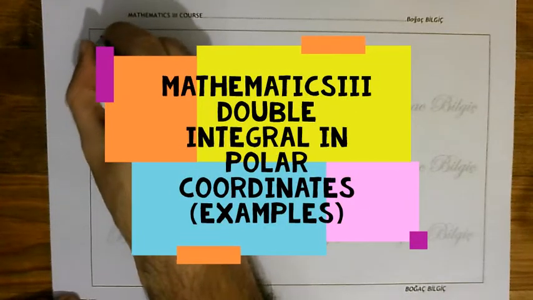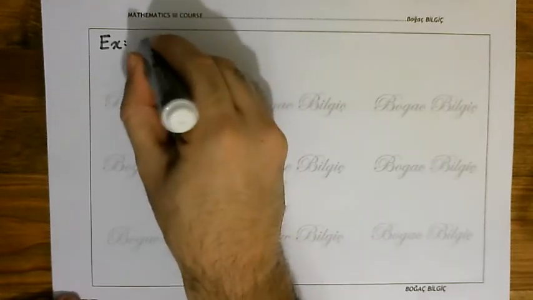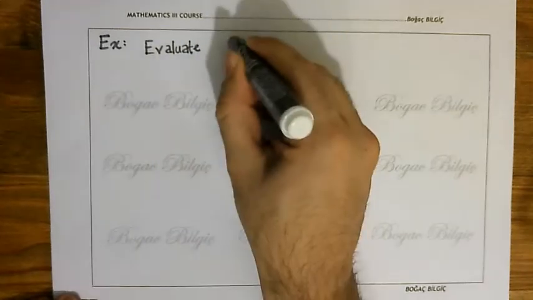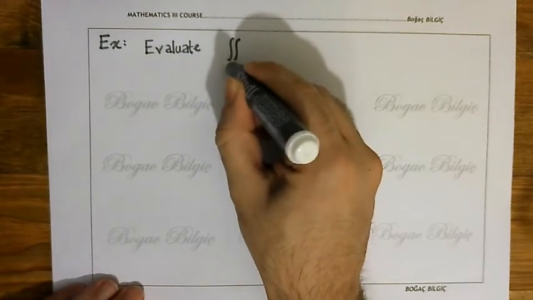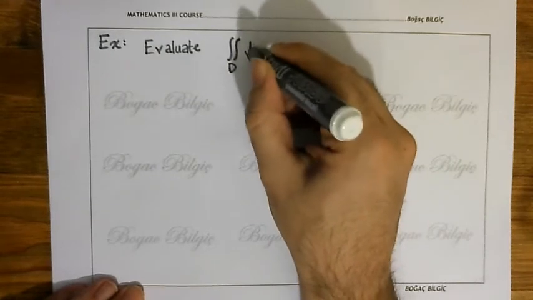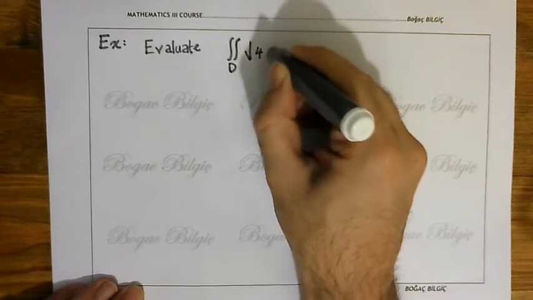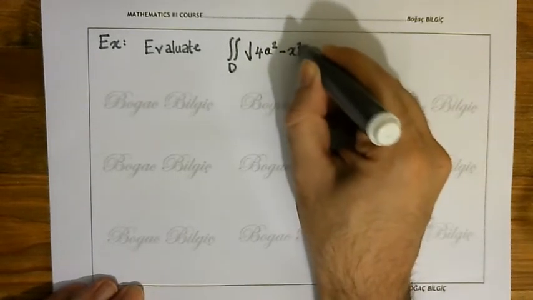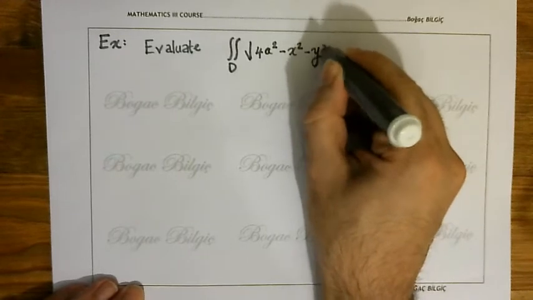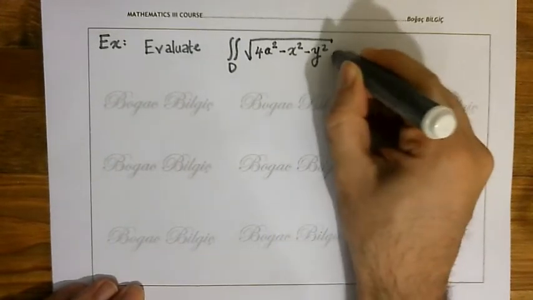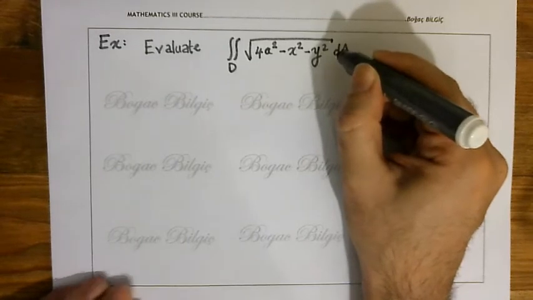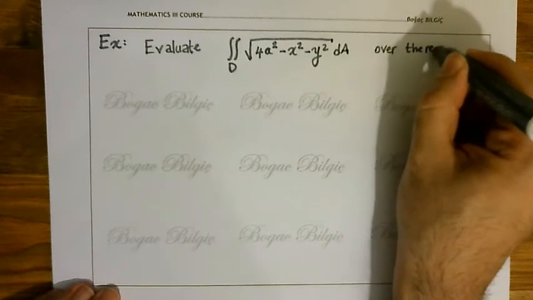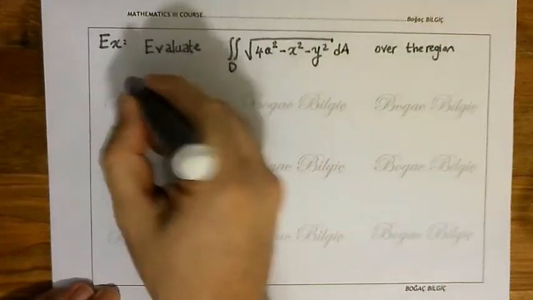Example. Evaluate the double integral on D of the square root of 4a² − x² − y² dA over the region in the first quadrant